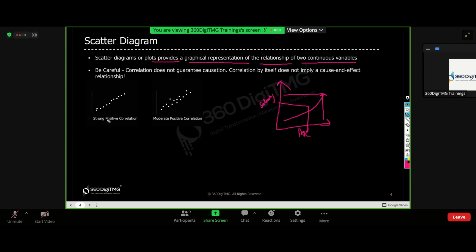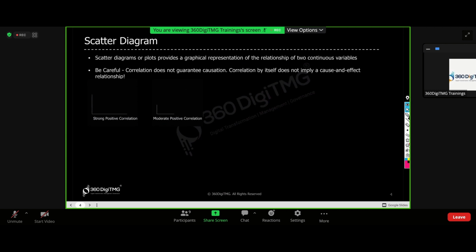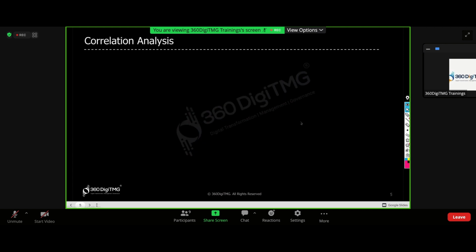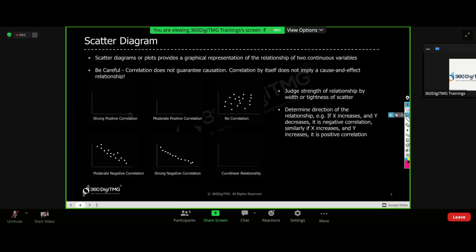Now, what should be the understanding? If I'm getting a line like a straight one, or a line like this, or it should be like this. So there are different possibilities when it comes to a scatter diagram, which gives me the relationship between two different variables. So we will discuss that one. So here it says strong positive correlation. Why strong positive? Because I'm getting the distribution on a